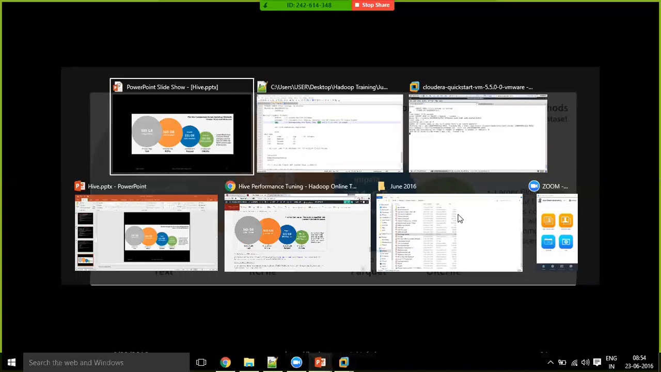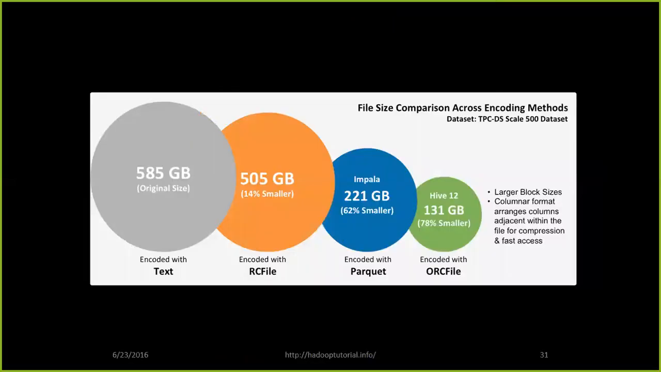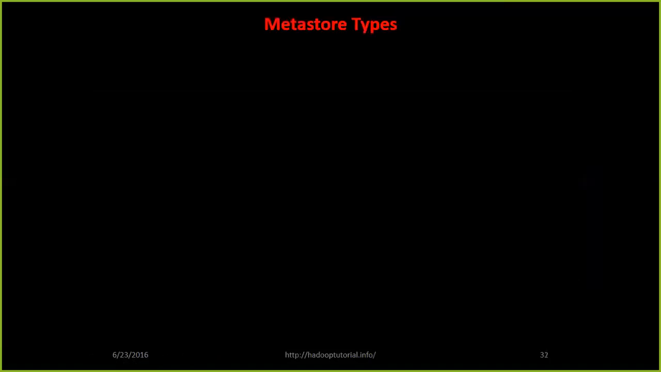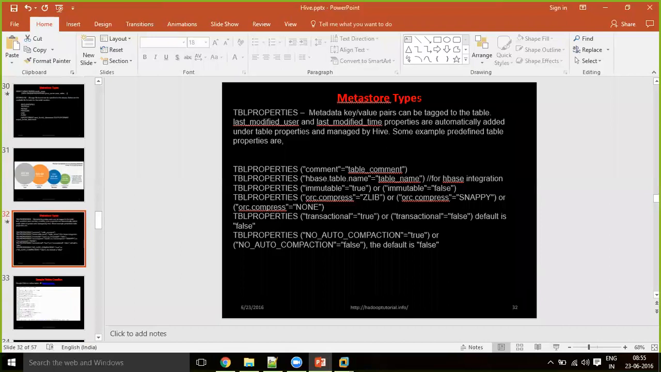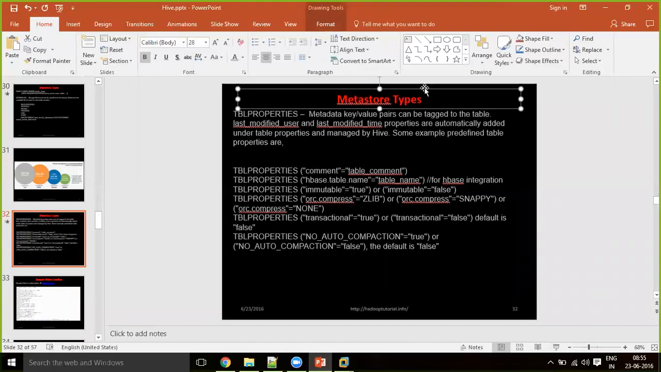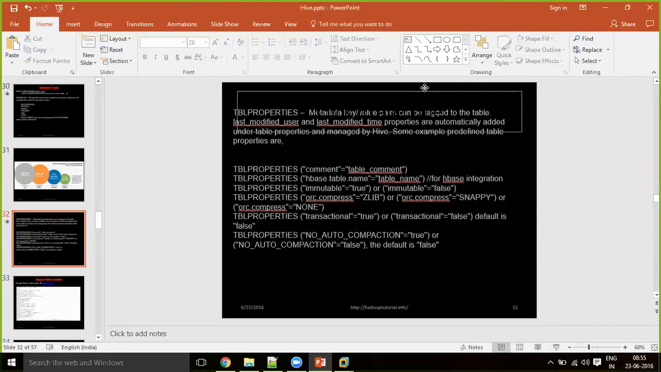So that slide itself tells which one is better and which one will be faster as well. Even the performance is in the same sequence. ORC runs faster than Parquet in Hive. So if you choose either Parquet or ORC, and on top of those file formats, again, if you want